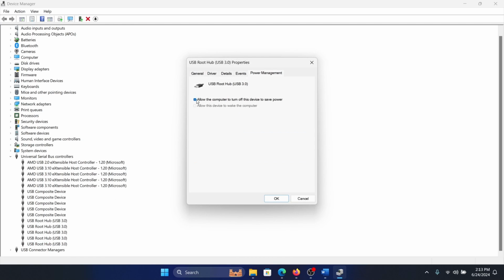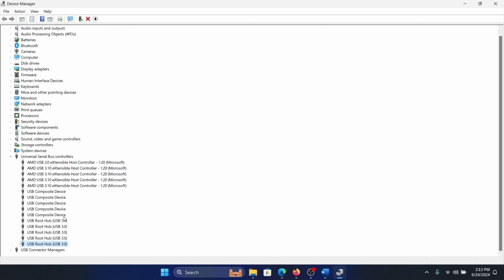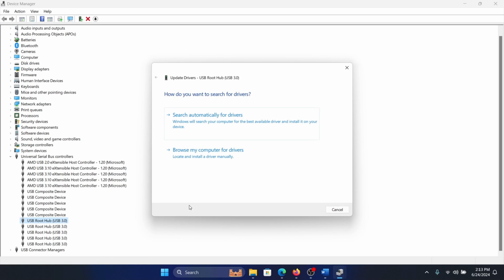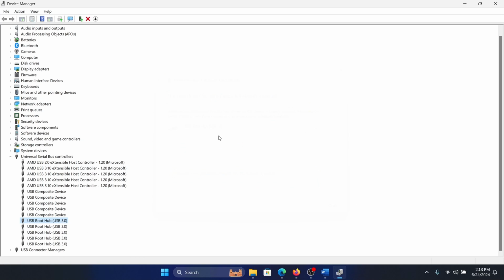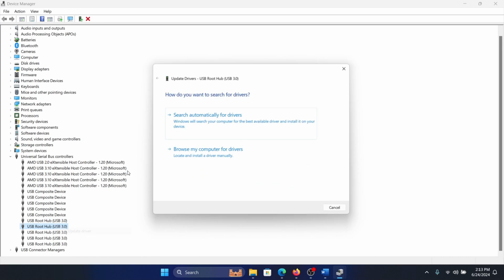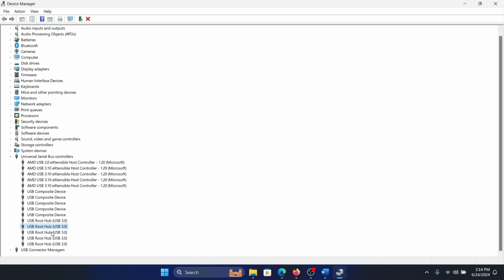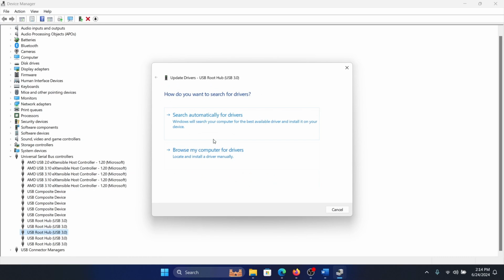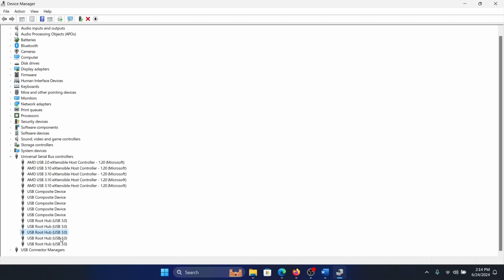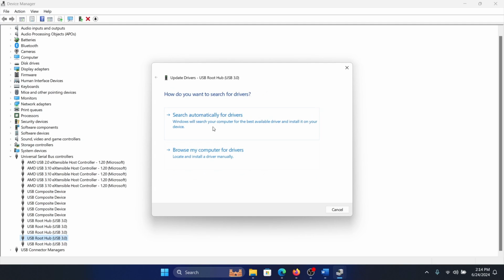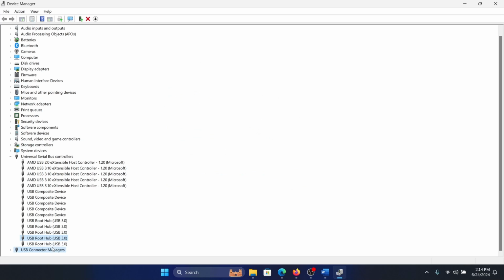Okay, and after turning off this option, right click on each one of them and select update driver. Search automatically for drivers, all of them. All the drivers should be updated, and once we update these drivers, it should be fixed in most of the cases. But if it is not fixed, then that could be a problem with the power management of the system,